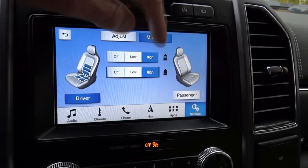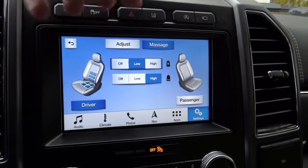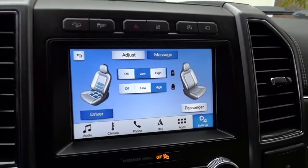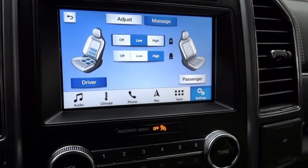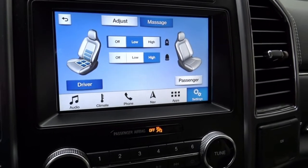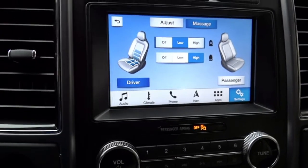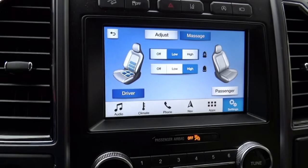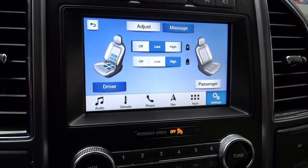You have a high setting, which pushes a little bit firmer, and you have a low setting, which pushes a little bit less. And this is what I love about this feature. I've had massaging seats on vehicles in the past, but I've never had them where your rear end gets massaged. And these are just hitting your glute muscles on your butt,